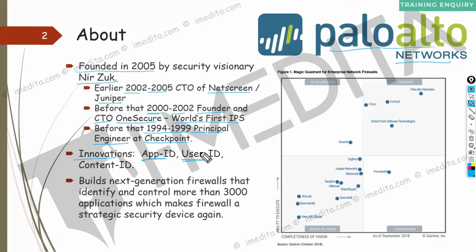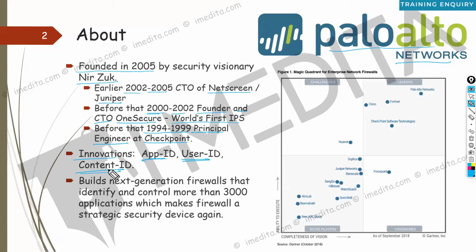With the help of User ID, we can integrate the Palo Alto firewall with Microsoft AD or an LDAP server so that we can deploy AD group-based policies on the Palo Alto firewall. He also invented Content ID. In Content ID, when we deploy security profiles like antivirus, anti-spyware, file blocking, and data filtering profiles,